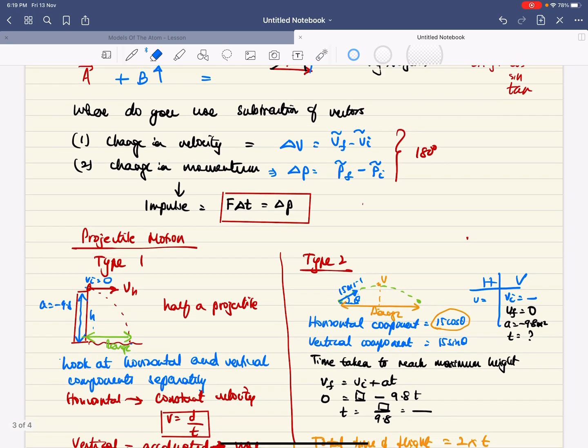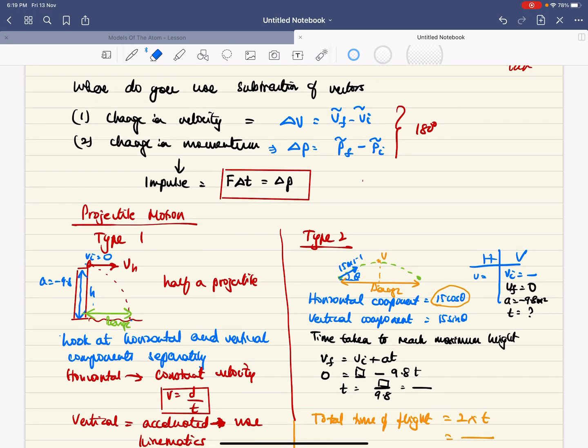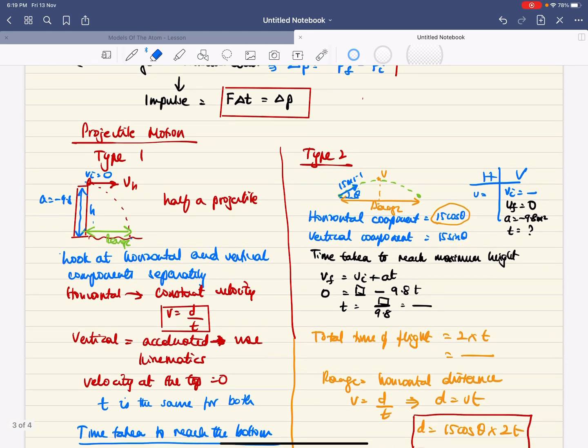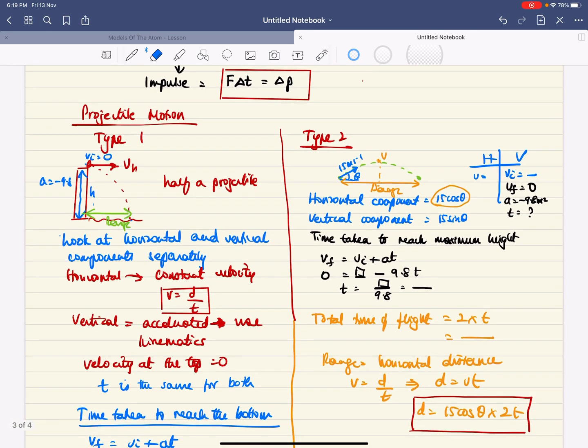Now, the other thing that you have for mechanics is to do with projectile motion, and there are two possible types of questions in projectile motion. And as you can see, there is what we call half a projectile or the whole projectile. So this is half a projectile, where you could be asked either to find the height through which it falls or how far it falls from wherever it was thrown. So this is usually to do with objects that are thrown from a height, and whatever type of projectile motion it is, whether it is type 1 question, I rubbed it off by mistake, or